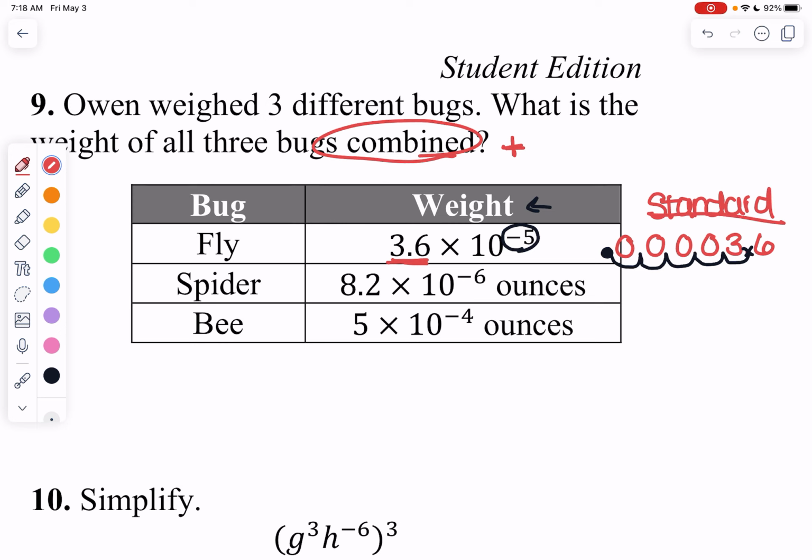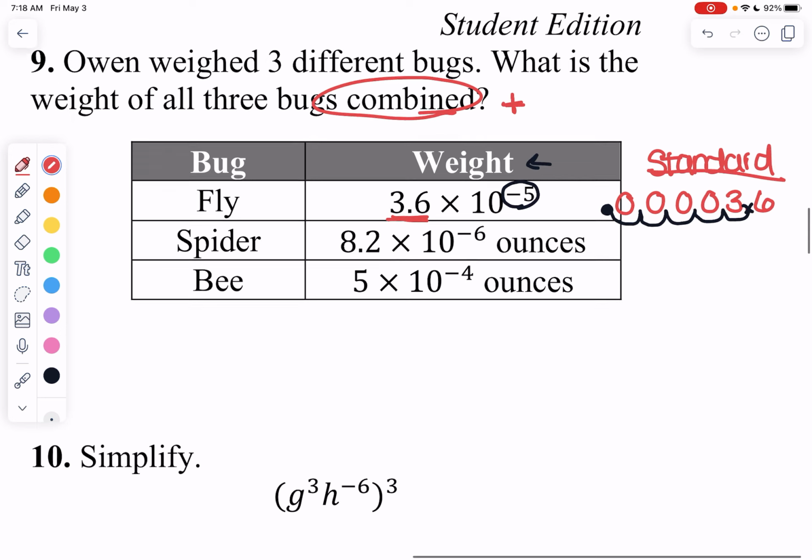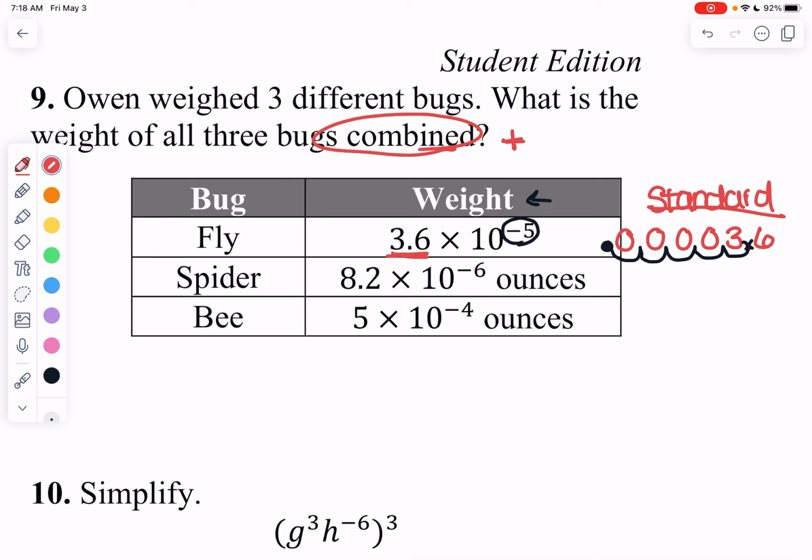We'll write out our numbers in standard form and then we'll add them afterwards, okay? So next I have my spider. My spider is 8.2. So I'm going to write that out over here, 8.2. We are going to kill the hopes and dreams of this decimal point and move it 6 blocks away to the left. So negative 6 tells me to jump 1, 2, 3, 4, 5, 6 to the left. I'm going to fill in all my blanks with 0, 0, 0, 0, 0. And last but not least,